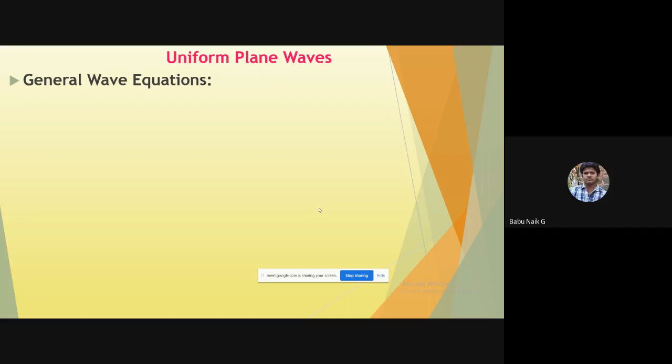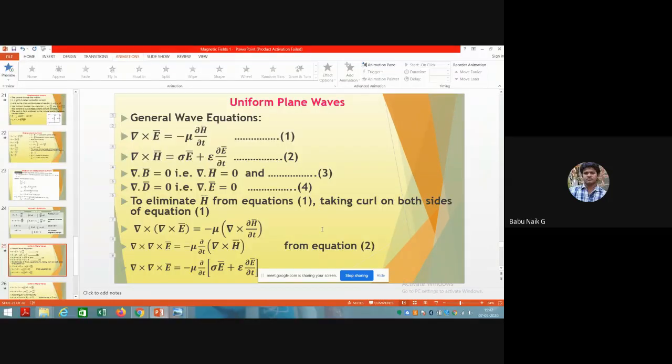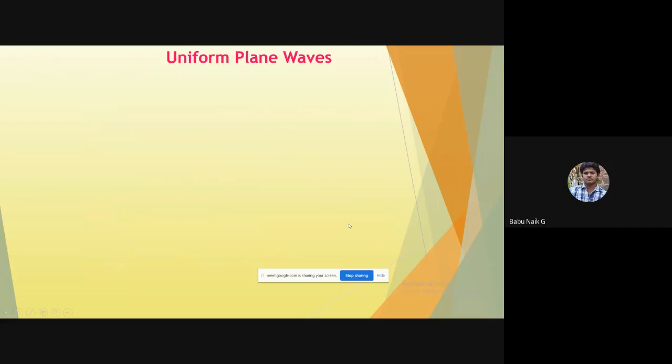So it should be a function of time and space. How we consider that space matters. By having those concepts, we assume the properties of the wave while traveling. What are the properties of waves? The first is that they travel with high velocity, 3 into 10 to the power of 8 meters per second, in any medium.